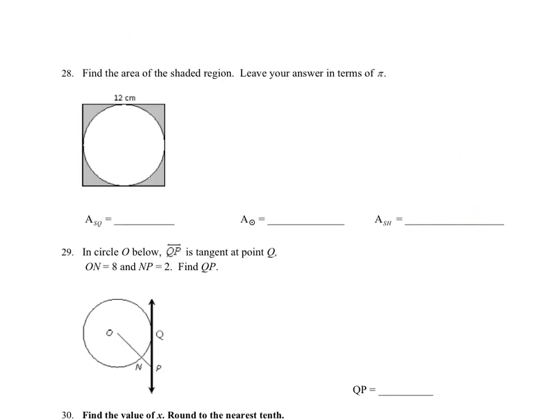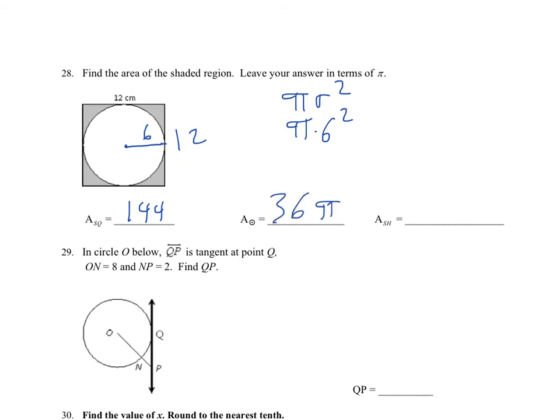Okay, find the area of the shaded region. First, let's find the area of the square. If it's a square, then it's 12 by 12. 12 times 12 is 144. The area of the circle, if it's 12 across, then half of 12 means it has a radius of 6. So that's going to be pi r squared, or pi times 6 squared, which is